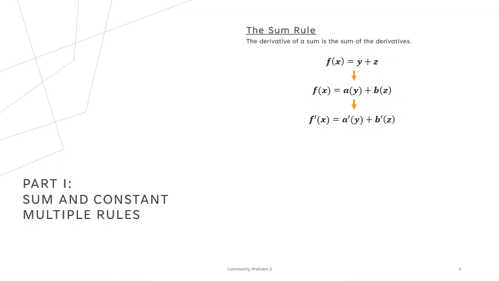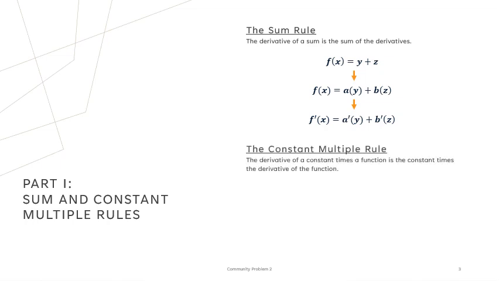So that's pretty great. The next rule that's going to play a key role in answering the questions for part 1 is the constant multiple rule. This rule says that you can also break apart the terms in a function whenever you've got multiplication or division. So then you solve the smaller piece and then recombine them. So the 6y plus 3z, you can actually deal with the y and the z separately and then just multiply the results. And if you combine them again, then you've got the derivative of f. So these 2 rules act together to turn into sort of like a reverse order of operations. And it lets you break down complicated problems into smaller bits, which I find is the key to problem solving both in calculus and life in general. So let's go